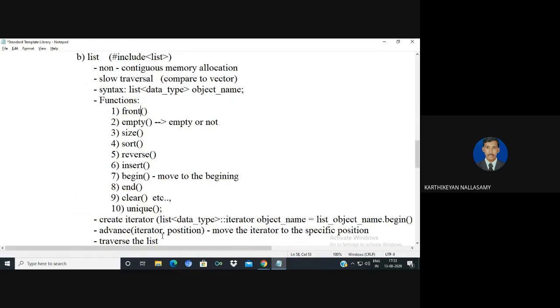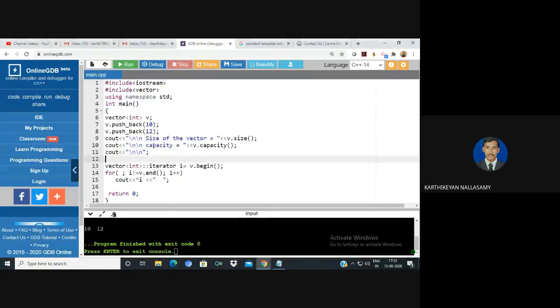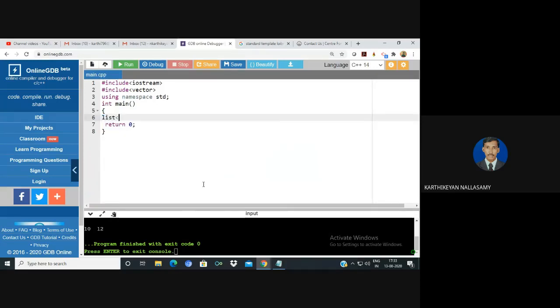One is print, which is used to display the values. And empty checks whether the list is empty or not, and size gives the current size of your list. And if you want to shrink, you can call the method shrink. Okay, for example, if I want to create a list. Now the vector is over. Now I want to create a list. We know the list is a template, so you can define the data type of the list you want, and you can define the initial value. That means you can create an object.